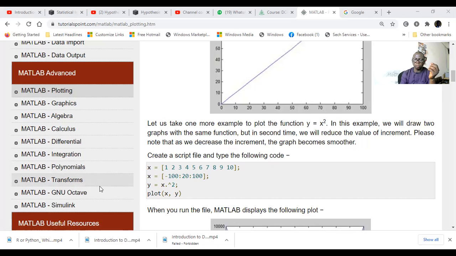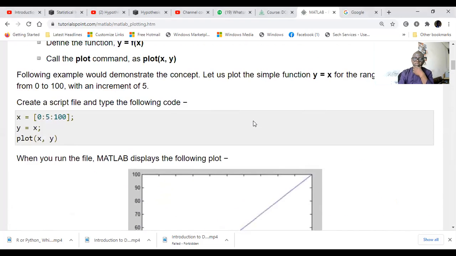Now, I will just cover them to add to the previous so that you can have a better understanding, and then you can visit tutorialspoint.com for more examples, for more tutorials. So quickly, I want to start. Okay, this is